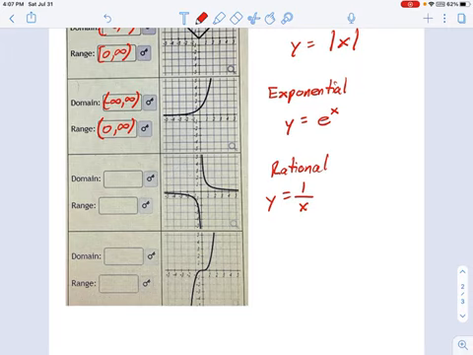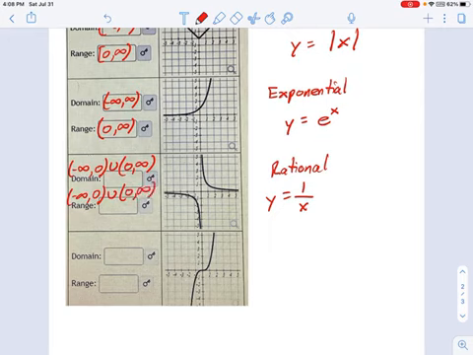So the domain of this is actually complicated. You see, we can have any x value going down to negative infinity and up to 0, but there's a vertical asymptote right there at x equals 0. So you cannot touch that. We use the union sign to hop over it, and then we go to infinity. And my union sign looks messy, so let's just make that more clear. And then that's the same for the range. Okay, negative infinity to 0, and union